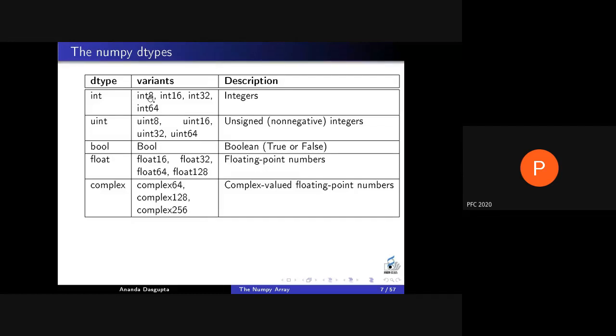Even if your machine integer size is 32-bit, you can specify int8 or int16 sizes for the integers, which will take up less space in memory. If you know that your integers are small, you can use int8 or int16 specifiers. What you cannot do is use higher size integers than your system allows.